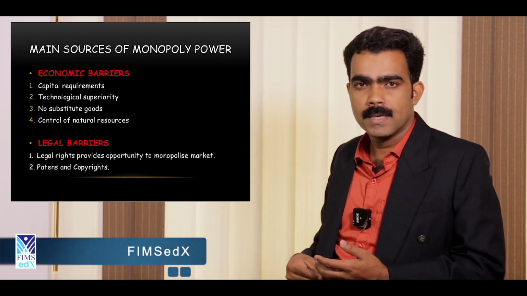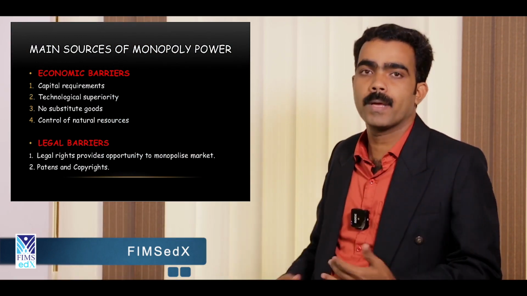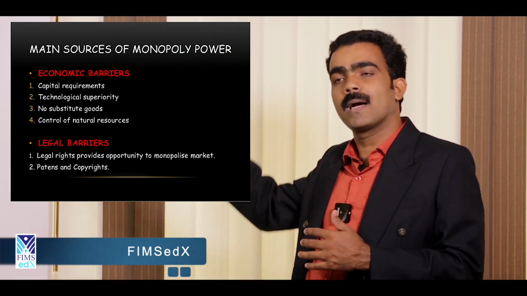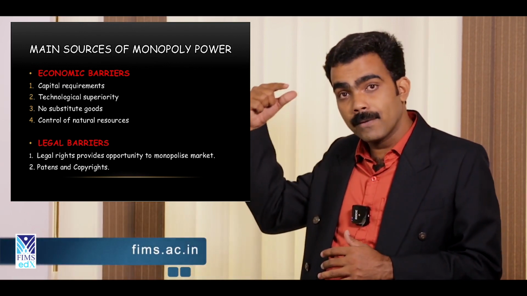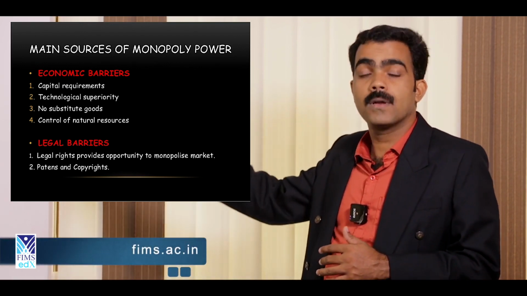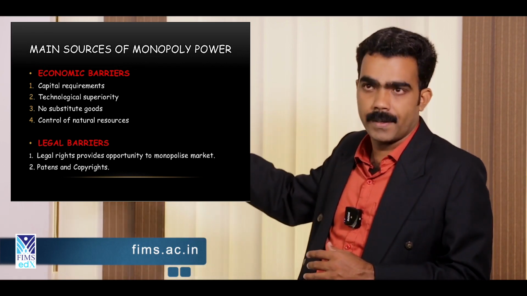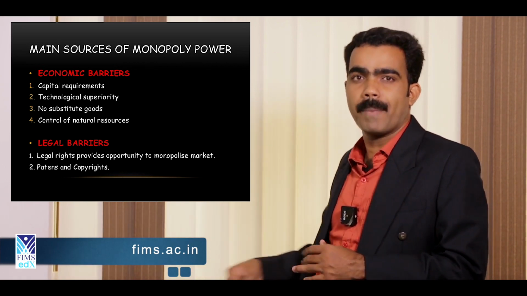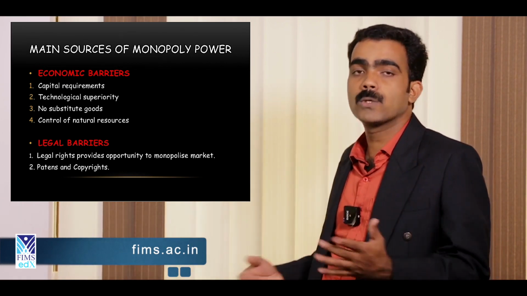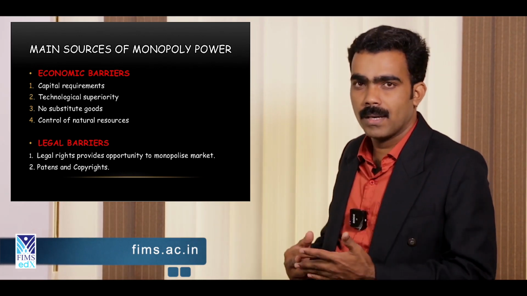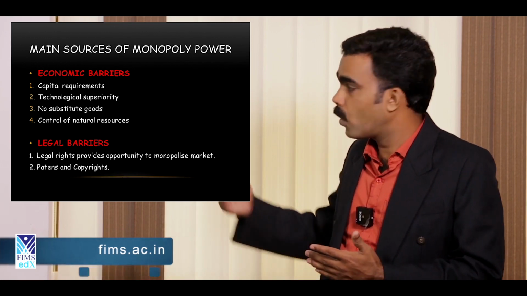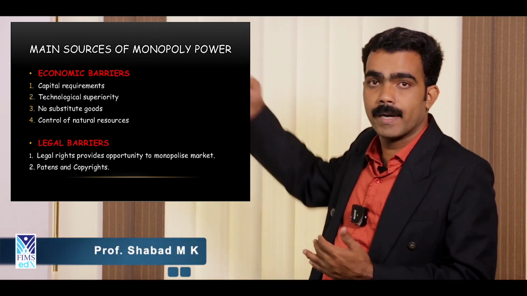That power can come from different sources. That can be legal monopoly, natural monopoly, or something by way of government patent and copyright. If you think about some companies, Godrej and all, in the 1960s and 70s, they had the patent for providing refrigerators for the Indian market. So there are so many companies acquiring patents. So a patent can be a source of getting monopoly. So naturally getting some monopoly, legal monopoly, patent monopoly. All these are the different categories or sources of getting monopoly.